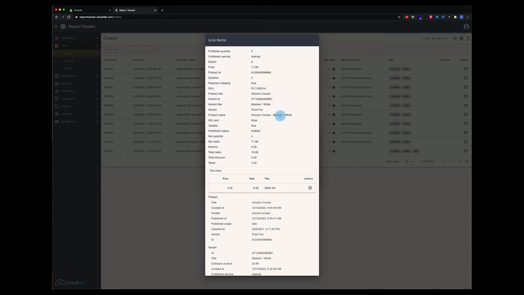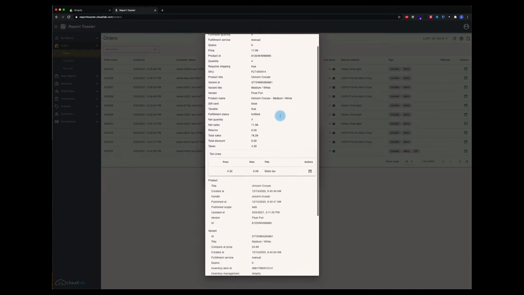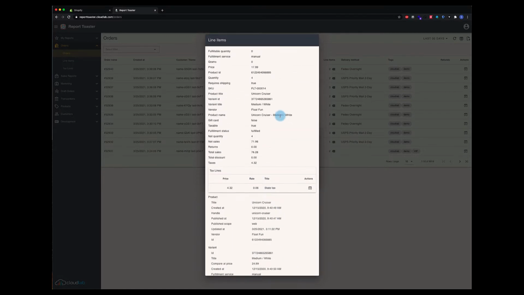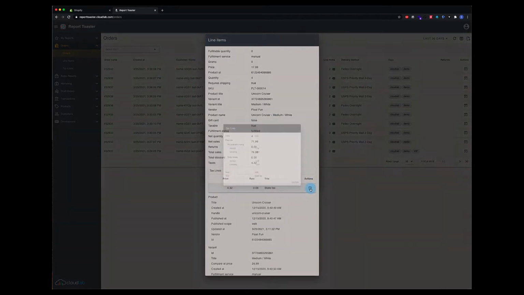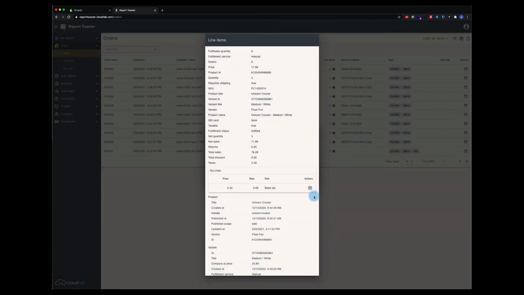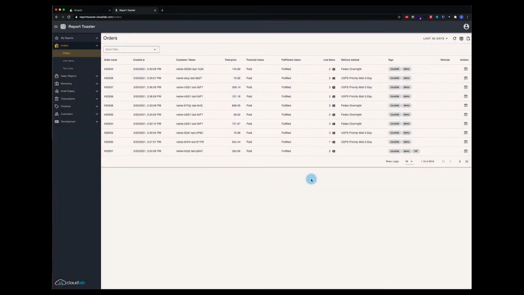In a more vertical representation, you can see here it gets into all the data contained on that line item, from the product title, the variant, whether a gift card was used, was it taxable, etc. And even often there's drill downs within drill downs. So here we can get a little more about the state tax that was applied for this order, if you're interested in that. So we can kind of back out of these drill downs and we can go back over